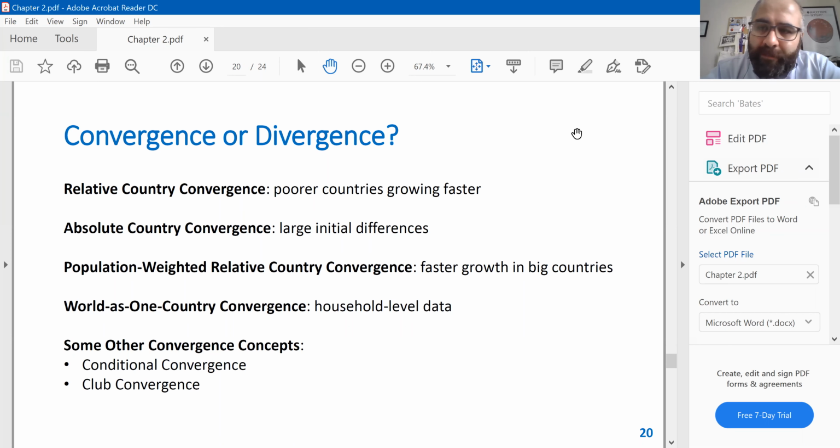There is also another approach to world income distribution or convergence versus divergence issues, and that's the approach that takes the entire world as a single economy. Here, I think Branko Milanovic and some other former World Bank specialists worked on this project. They basically look at household-level data, and they create a common measure through which you can compare different countries